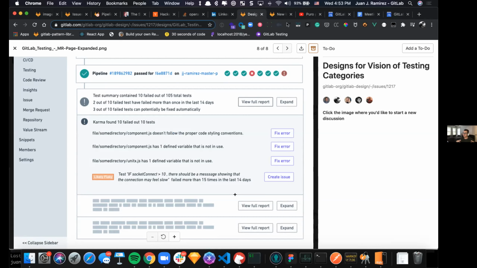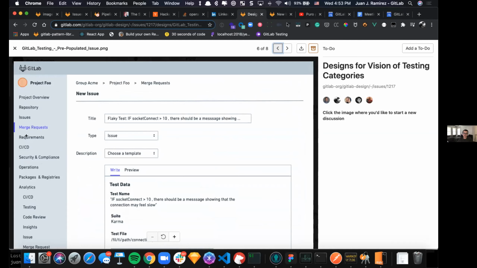So there's probably very little we could do about that. We cannot fix a flaky test because there's something else going on that we don't understand. But we could definitely shortcut you into starting to fix that somehow, right? Just having a call to action to create an issue, right? And what I did in this example is, if you create an issue,